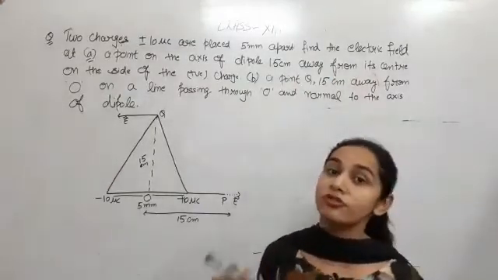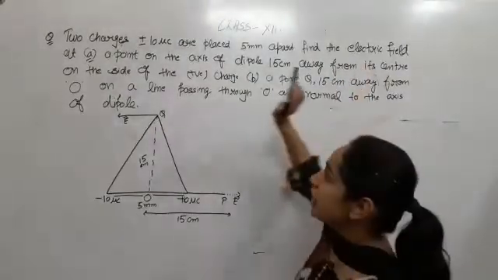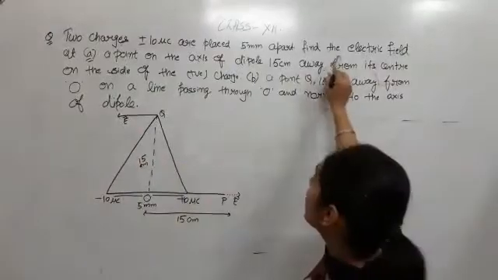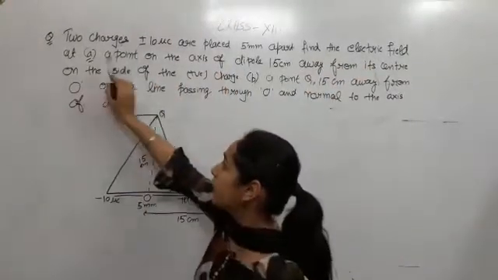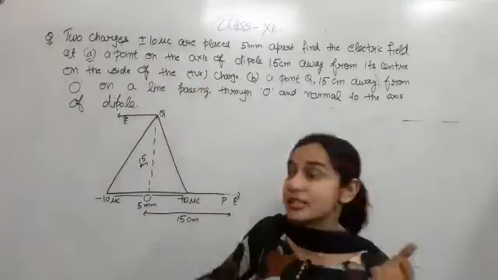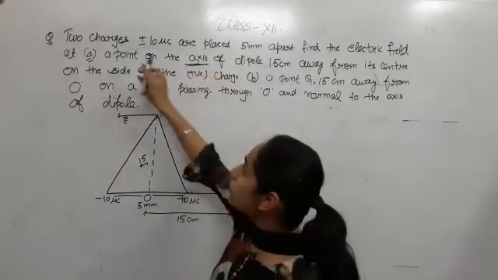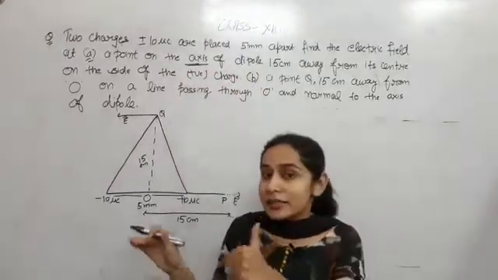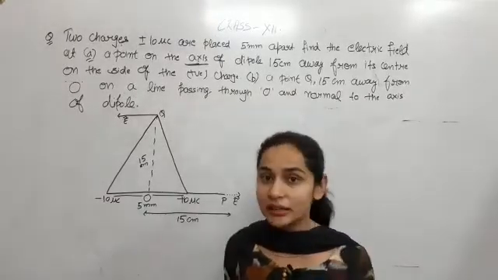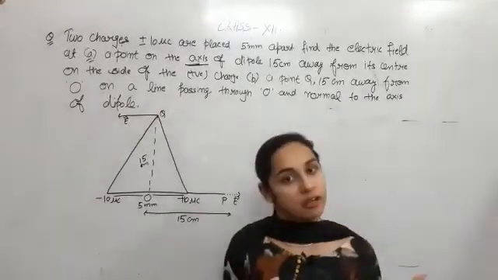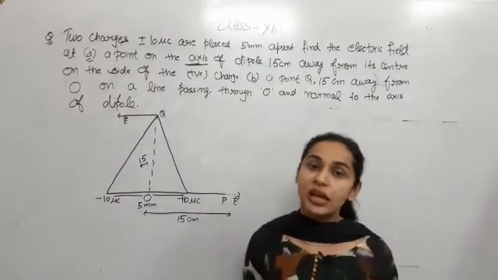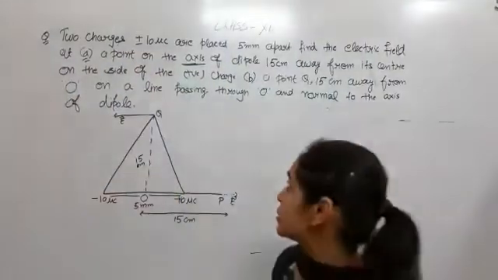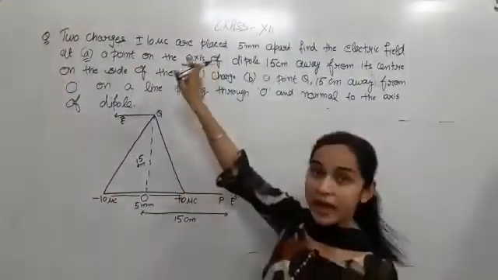Now they are asking to find the electric field at, they have given two parts in one question, two parts they have further divided. They are saying find the electric field at a point on the axis. Very important part, they are saying a point on the axis of the dipole. On the axis of the dipole means we have to take the relation of the axial line. We have done two derivations, one for the axial line, another one for the equatorial line. Now we have to use the relation of the axial line.